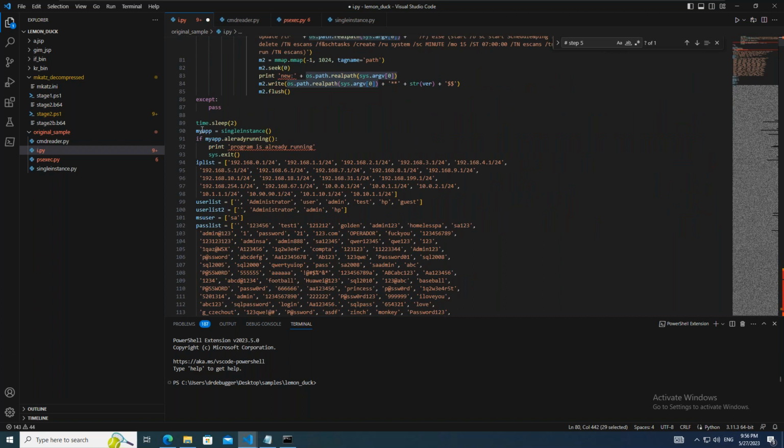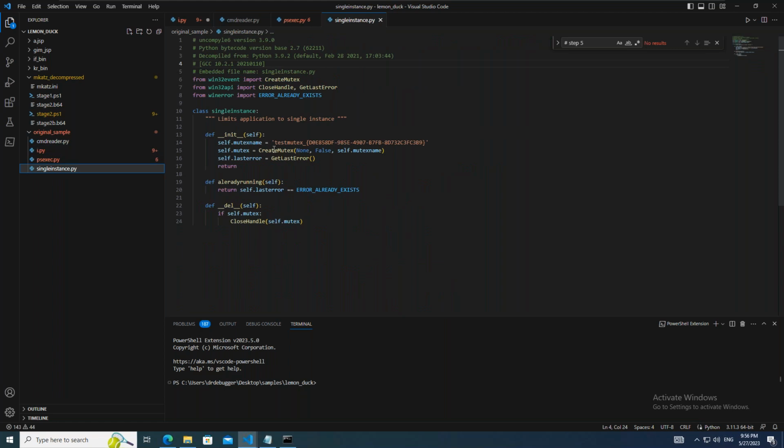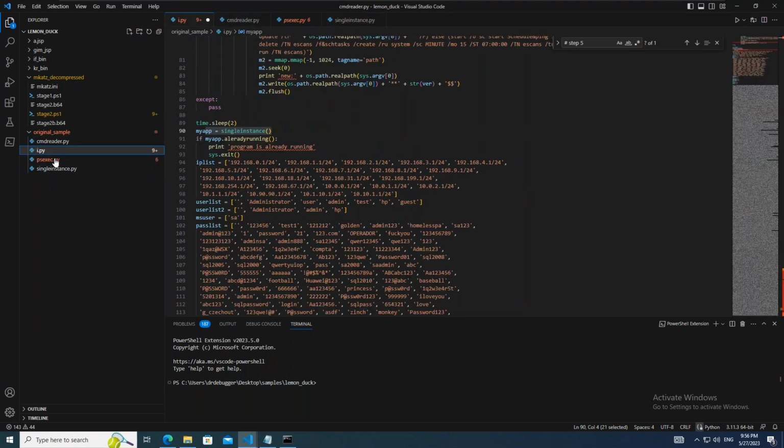And after that, it will check whether this is the single instance. So if we look at here, it is just creating the mutex, trying to create a mutex. And if the program is already running, the mutex will not be created. That means if another instance of this program is already running, then it will simply terminate, because